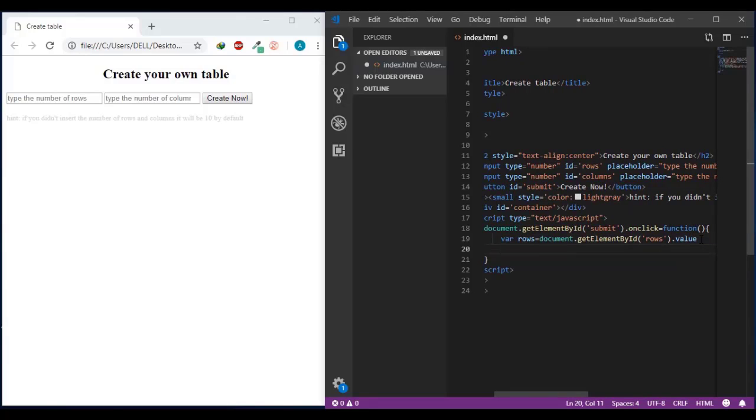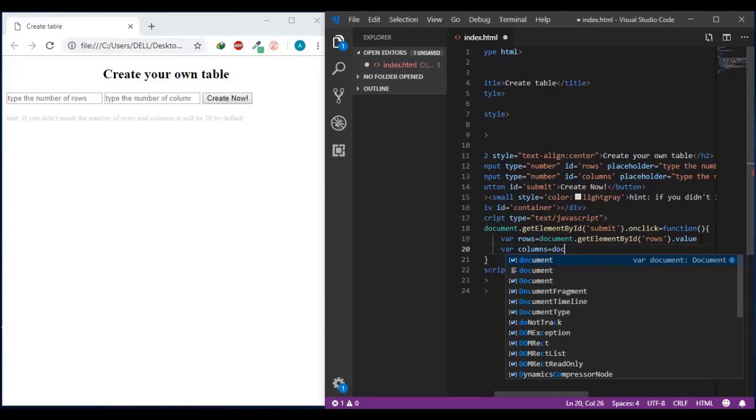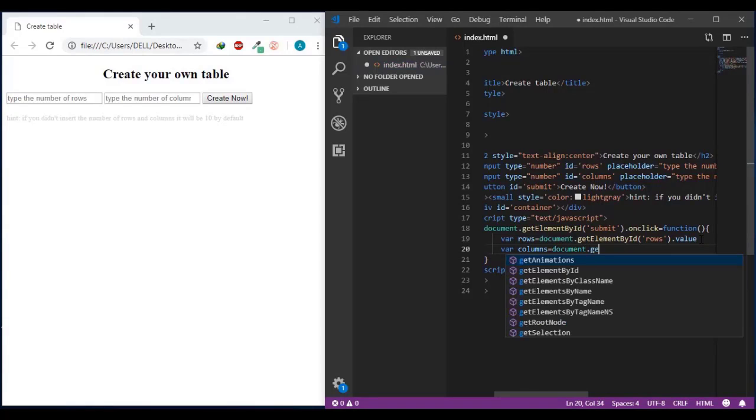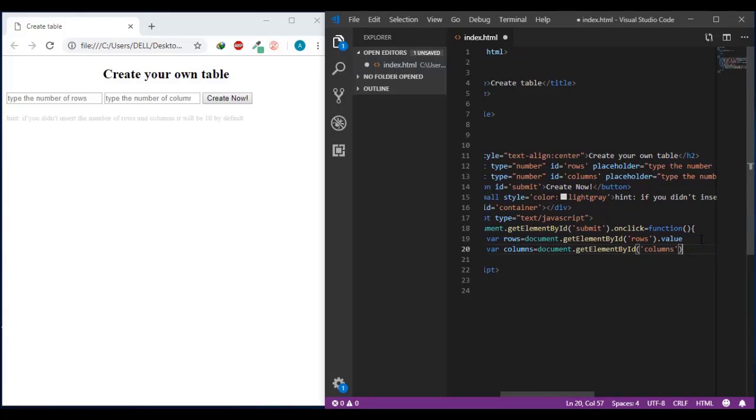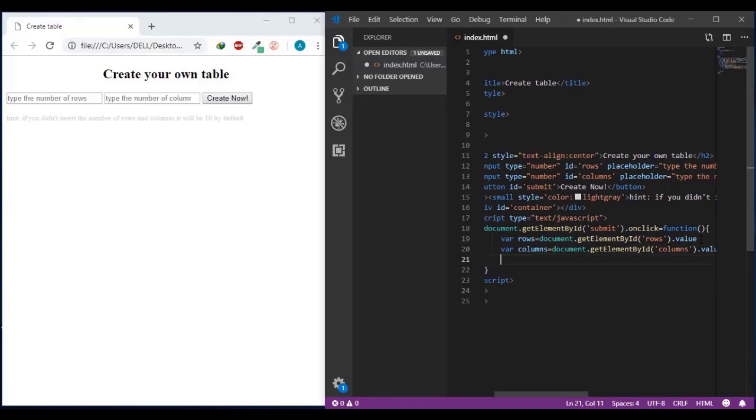Then let me make another variable called columns and equal to document.getElementById, and the ID is columns.value. Then let me make sure if the columns and rows have been inserted. So if rows equal none, or